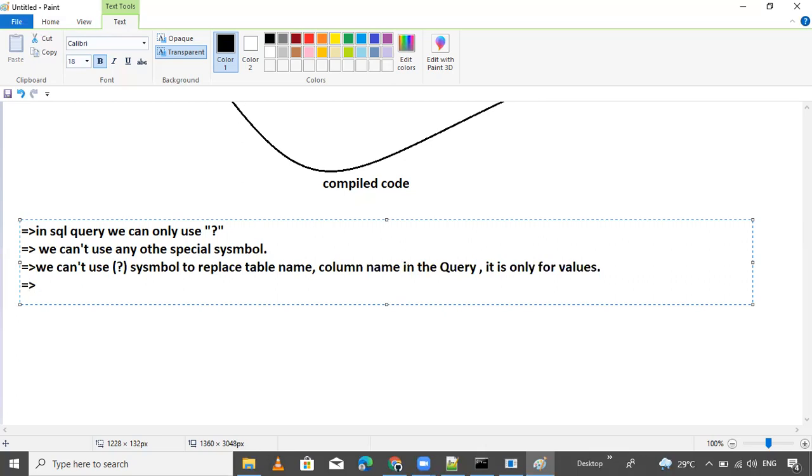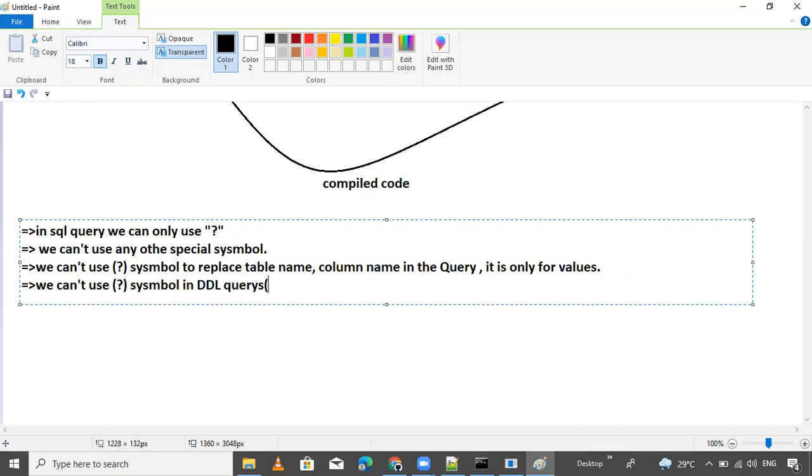Now the next point is we cannot use this symbol in DDL command queries also, like create, alter. This is the point I highlighted. We can't use this symbol in DDL queries.